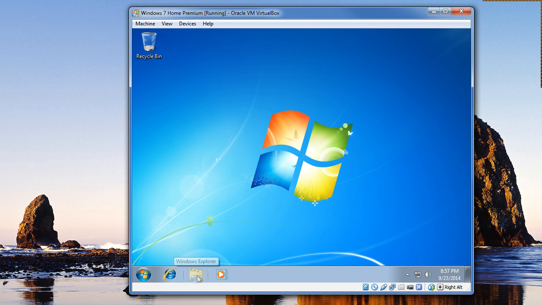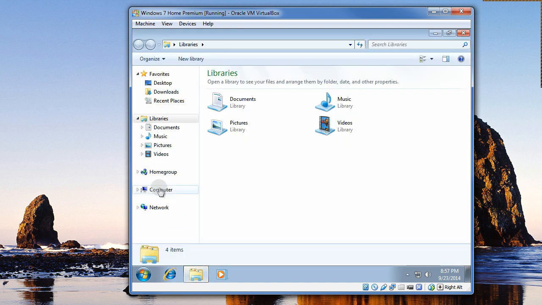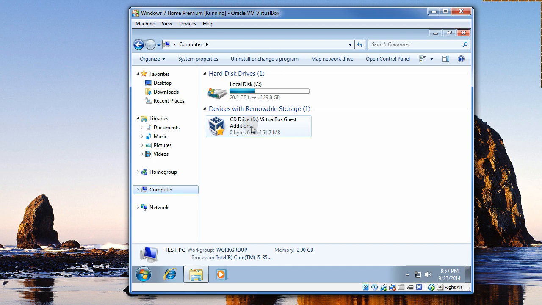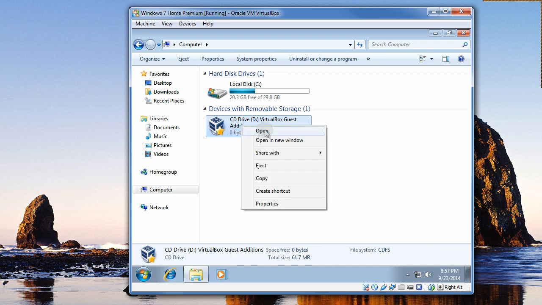So just click on Explorer down here, go to the computer, and then this is basically your DVD drive here. So just right click on that or double click,